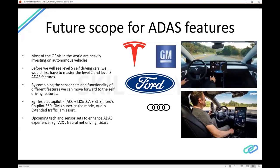Some of the upcoming technologies which is currently in heavy demand is V2X. V2X means vehicle to infrastructure communication. With 5G technology and more improved internet technology, the vehicles will be able to communicate with the infrastructure or vehicle to vehicle. How does this help? This helps because let's say there is a traffic accident 2 kilometers ahead on the highway which you are driving on, and the infrastructure will automatically tell the driver that there is an accident ahead. That way, the car and the driver can prepare well ahead to slow down and avoid any kind of